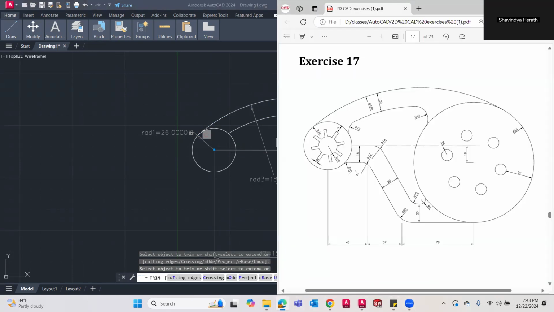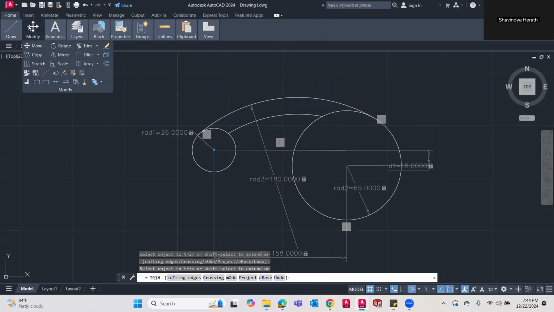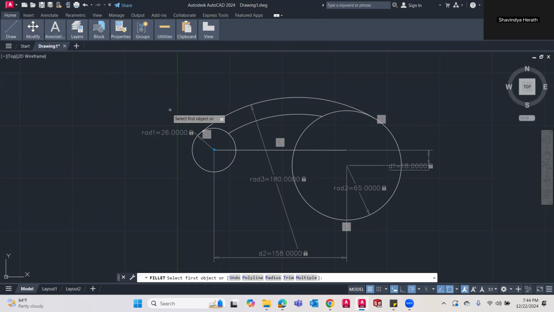And now there's another thing. In here you can see there's a fillet, right? So I need to put a fillet, radius 12. Let's try with modify tools, fillet. The radius is 12 and press enter, right?